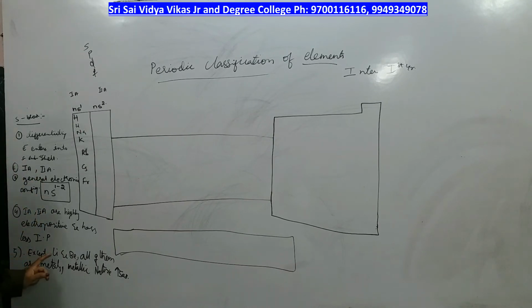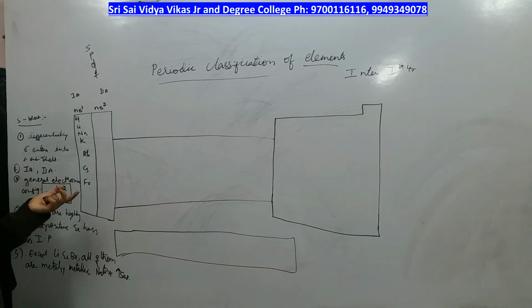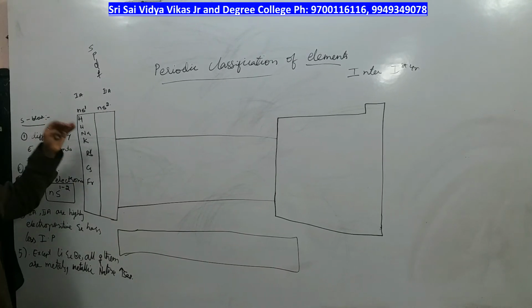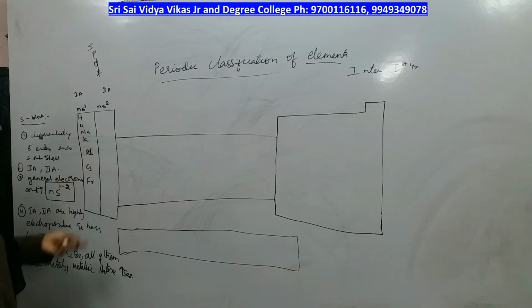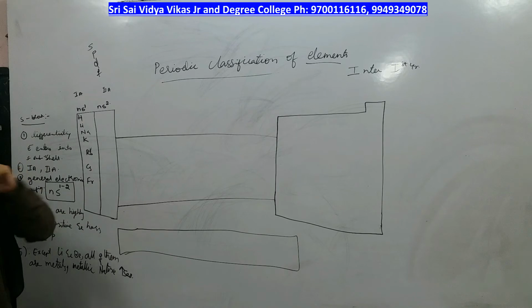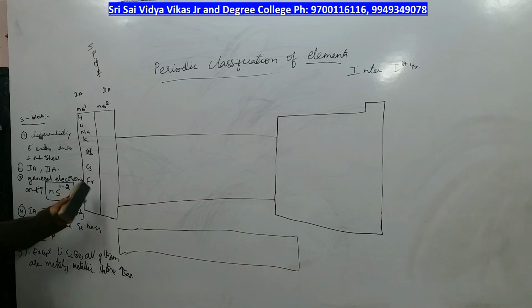So the next point is except lithium and beryllium, as lithium and beryllium are of very small size, they are not having that much metallic character, right. Except those two, remaining all of them from top to bottom, as their size increases, their metallic nature also increases, right. These are the points of S block elements, and therefore if they are having more metallic nature, if they are electropositive in nature, and if their ionization potential is also less, what is the other name for these two groups?